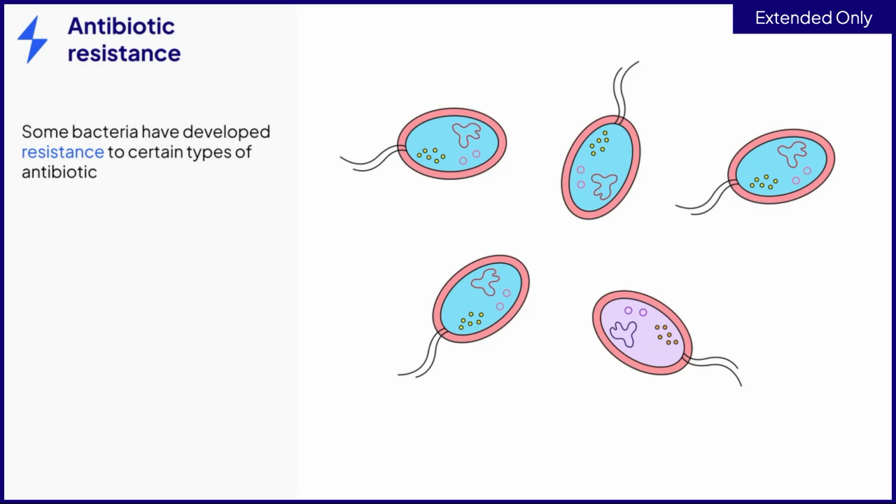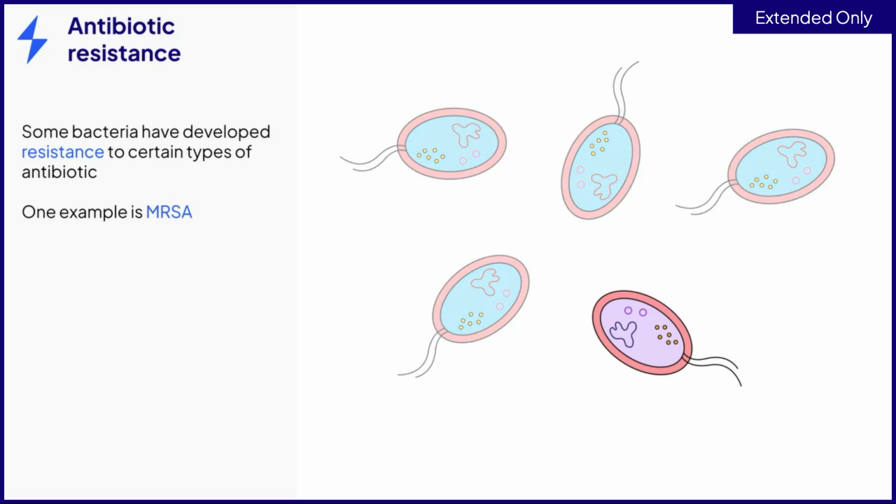Some bacteria can develop resistance to antibiotics. The overuse of antibiotics over the decades has led to antibiotic resistance developing in certain strains of bacteria. This means that particular antibiotics are no longer effective against some types of bacteria. One common example is a strain of Staphylococcus aureus bacteria, which are now resistant to an antibiotic called methicillin, shortened